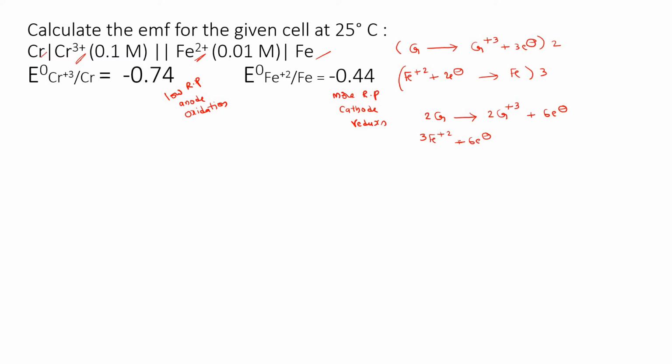We need to balance the number of electrons, right? Gives 3 moles of iron. The 6 electrons get cancelled. Now 2 chromium plus 3 moles of Fe plus 2 gives rise to 2 moles of chromium plus 3